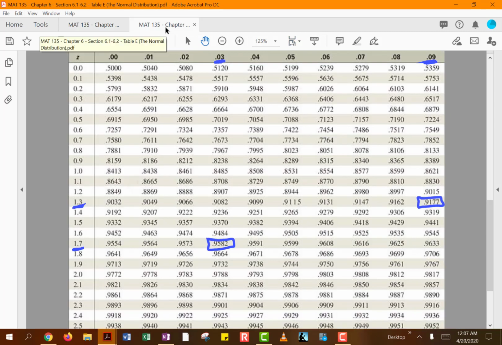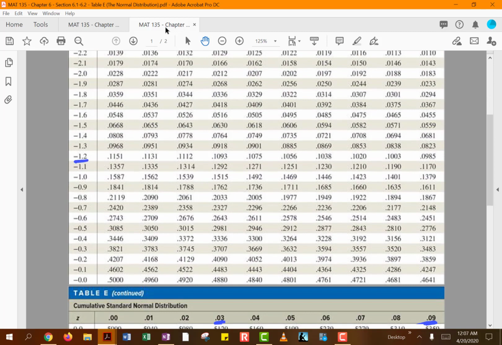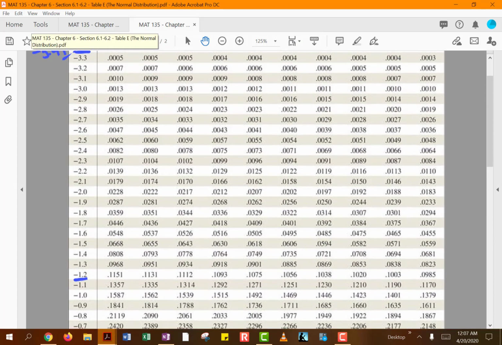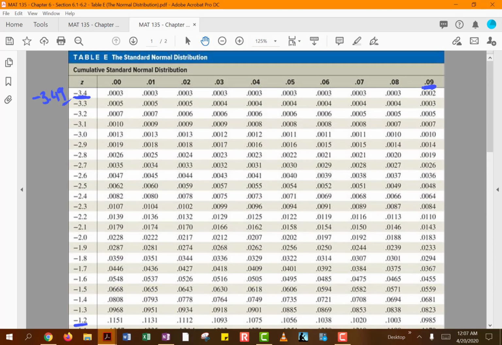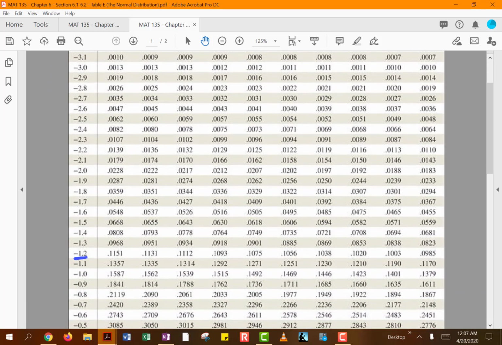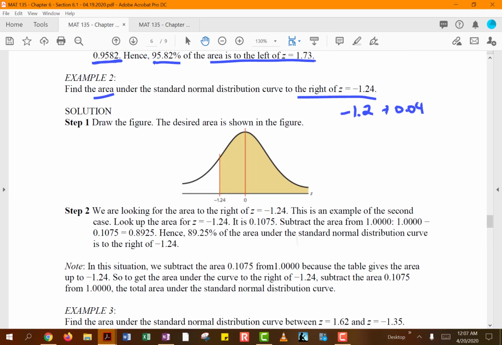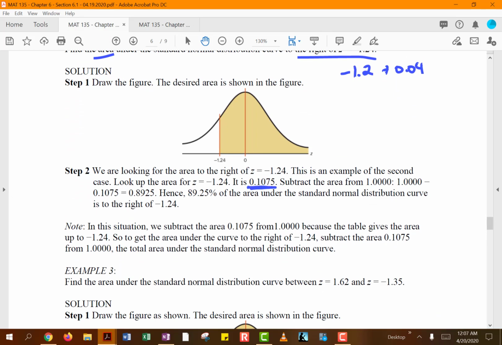So let's go to our negative table, and that's going to be negative 1.2, and that was 0.04. So negative 1.2 and 0.04 is right here. So let's see, as we go down, it looks like we are going to be at 0.1075, and you can kind of verify that here. So negative 1.2, 0.04, both of those are meeting at 0.1075. So you will see that's what we can end up getting,